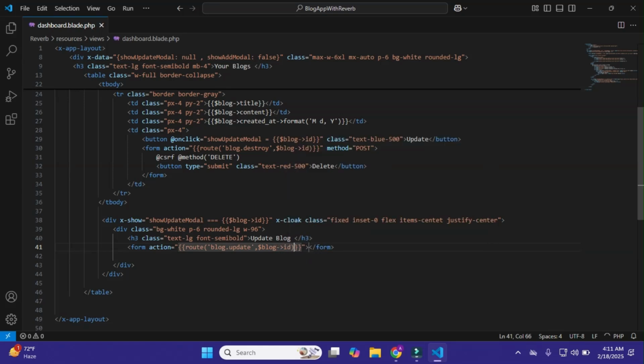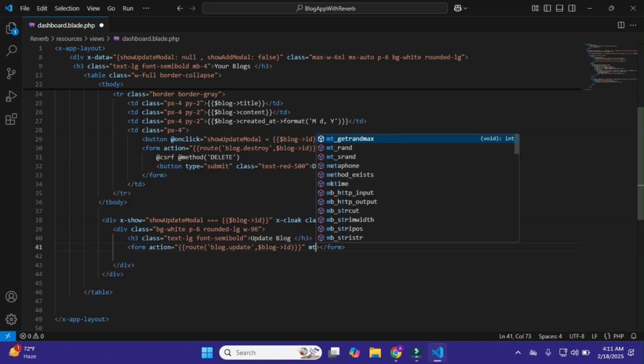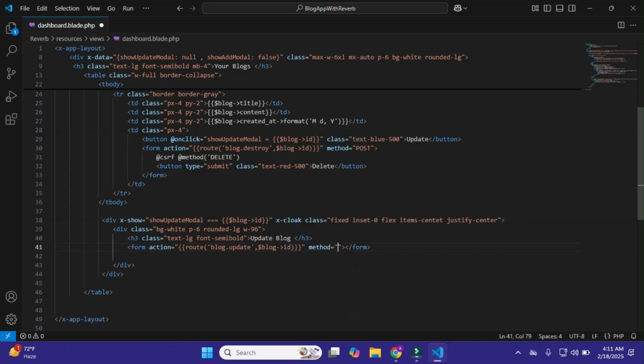Okay, and that's it. Just pass this and make the method post. Also I'll copy it and paste it here, and its method is put.